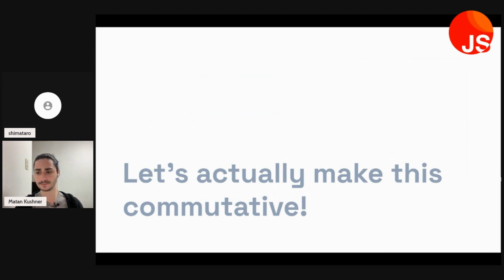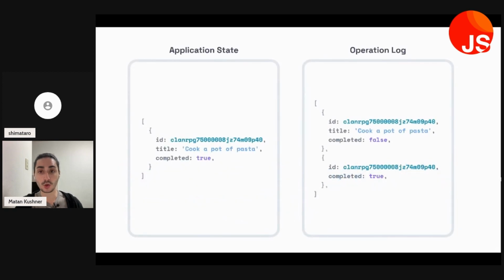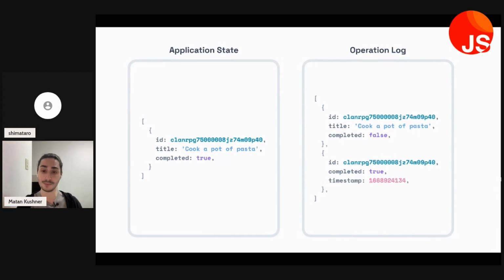So what can we do to make this commutative? What property led to this problem? In this case, the main culprit was the timing of both operations. They were both received around the same time. So looking at the application state, there's no way to see where a winner is. One solution would be to add timestamps to the operations like this. So now we can see the exact moment an operation took place.